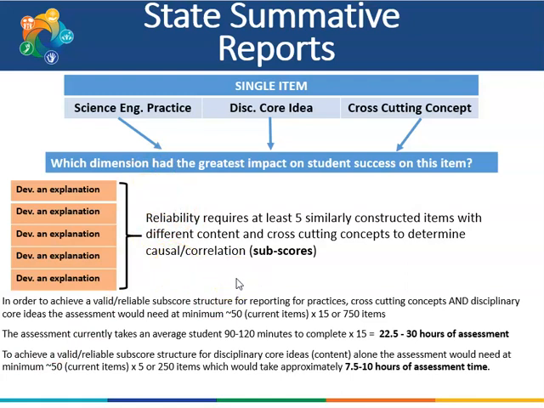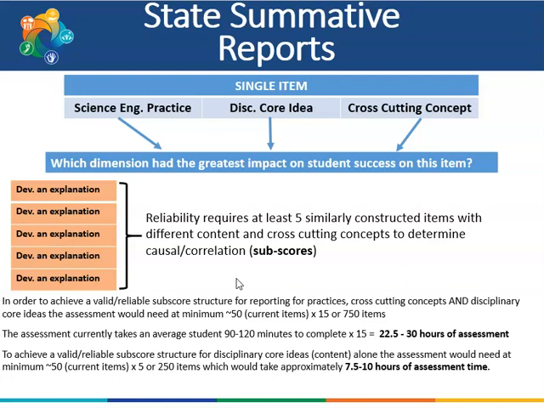Rules of reliability on an assessment require that at least 5 similarly constructed items with different content and cross-cutting concepts would be necessary in order to get subscores. In order to achieve a valid and reliable subscore for reporting practices, cross-cutting concepts, and disciplinary core ideas, we would need a minimum of at least 50 items times 15, or 750 items, in order to find out for students